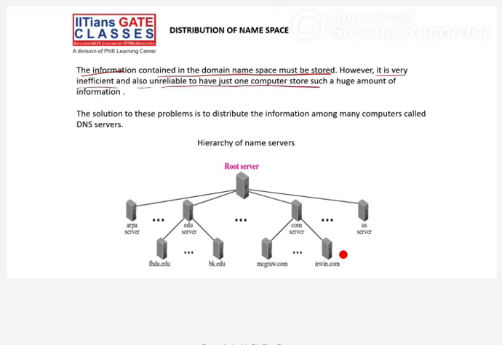So if you design this whole domain namespace, how many levels are possible? 128 levels are possible. If you consider the root as 0, the last leaf will be 127. So a total of 128 levels are possible in the domain namespace. This value is very important.